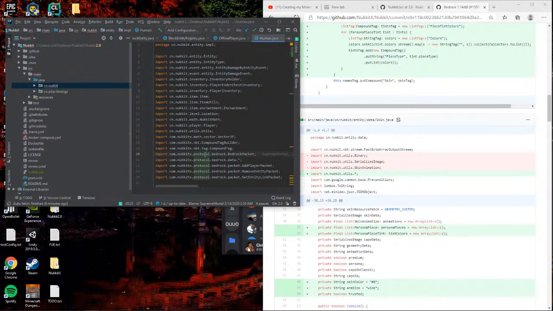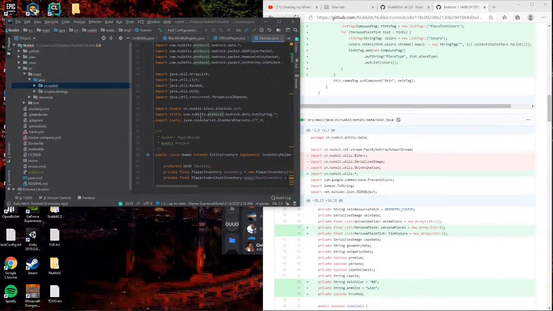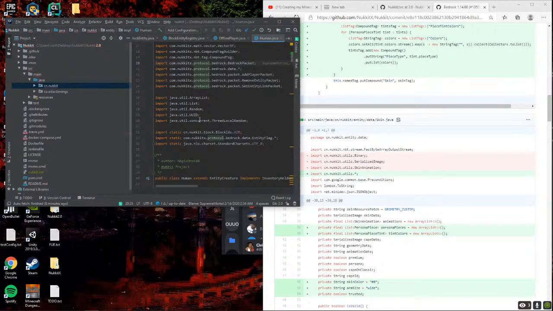Unless they have some sort... yeah, no, it doesn't look like it actually. Yeah, no, it's in this. That's where it's located.